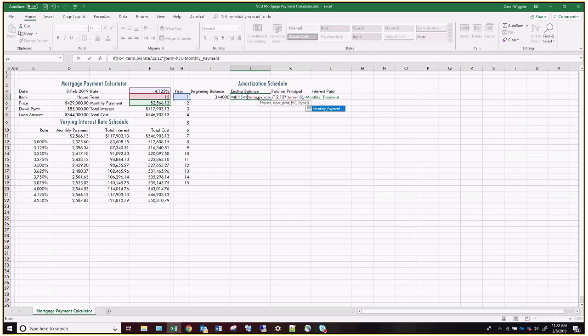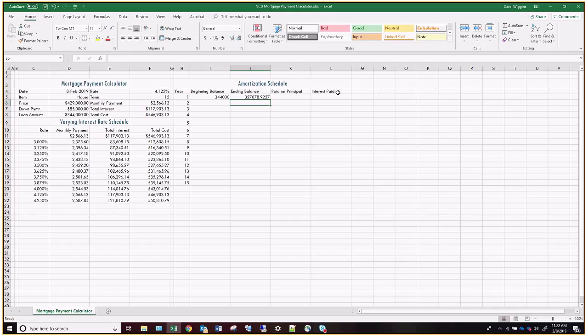Okay, so this is the other way that you can get a positive value, is by putting a negative number here for monthly payment. Okay, and then close out, if the value is false, then we have a 0, and then close out our if statement, and we should get that. Okay, paid on principal,